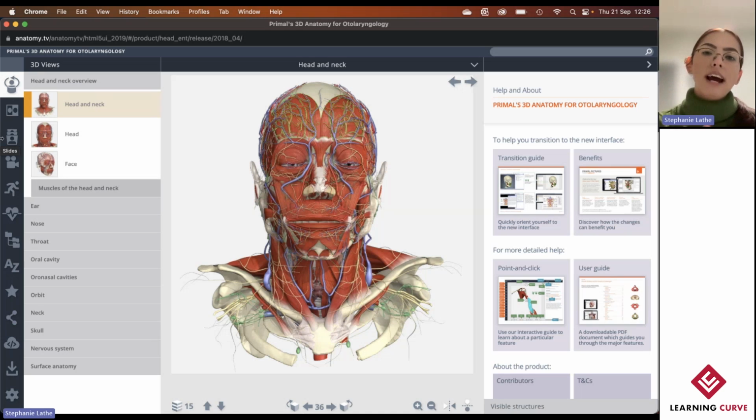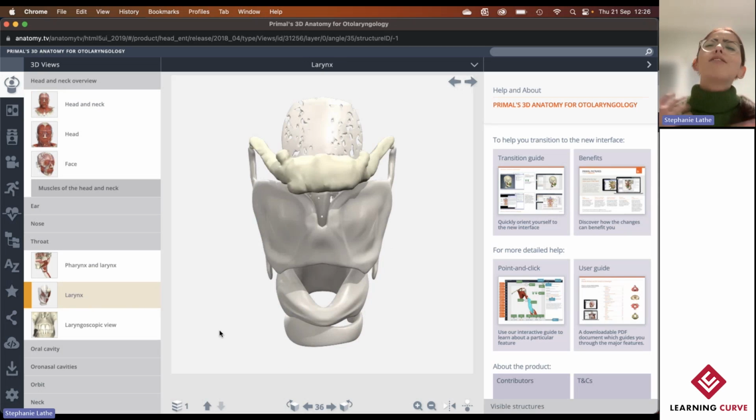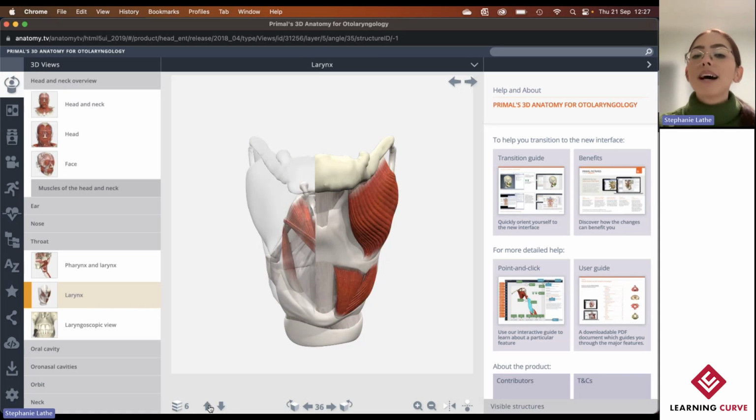While we're in otolaryngology, this, as I'm sure you all know, is commonly referred to as ENT, or ears, nose, and throat, and I'm going to be focusing on some of the ear and throat anatomy. And I'm going to come down to the throat and select a 3D model of the larynx. I've already showed you how these models work, so I'm not going to focus too much on the functionality, but